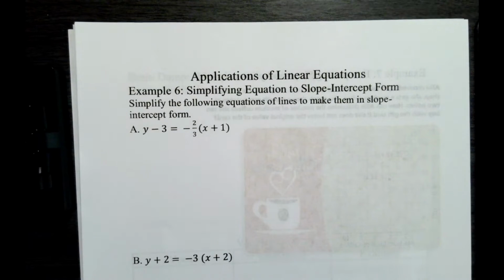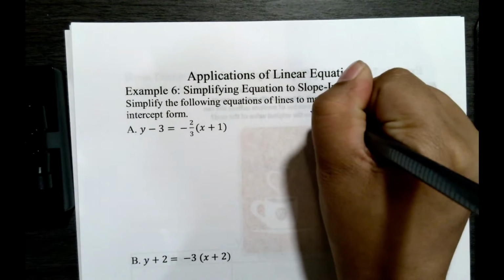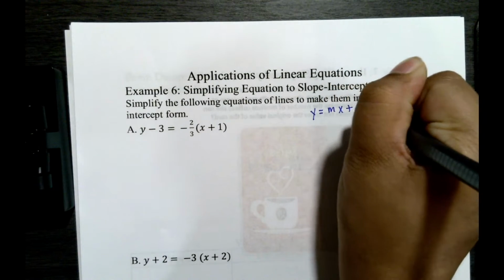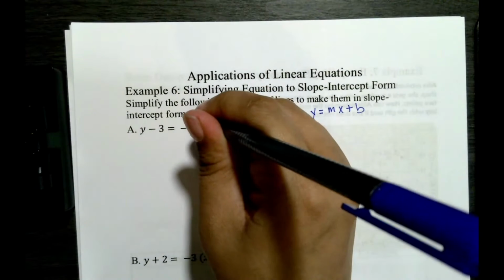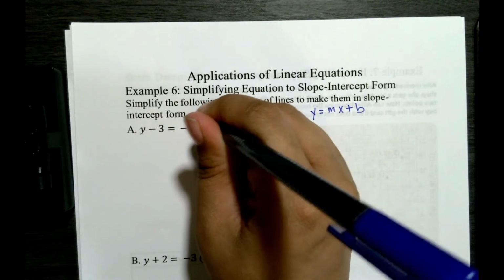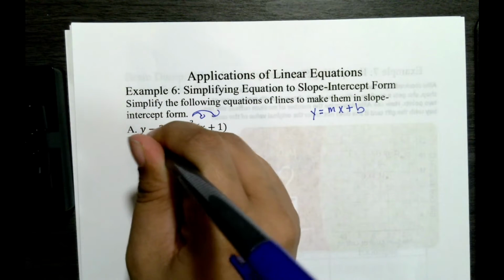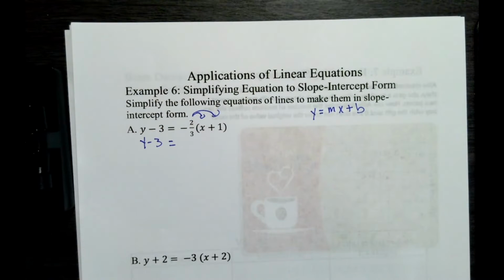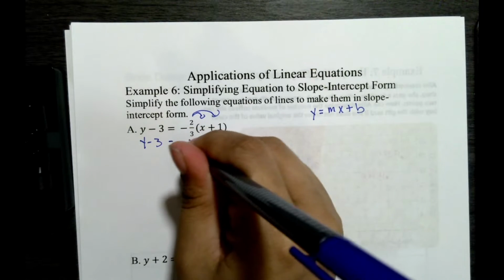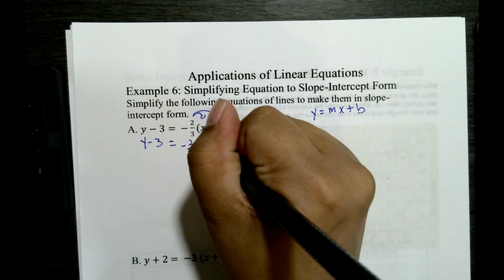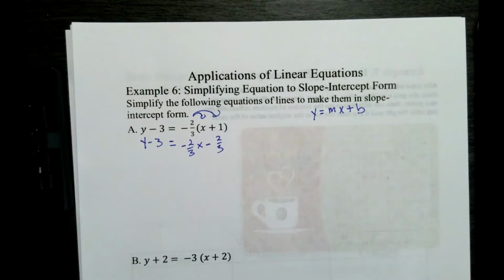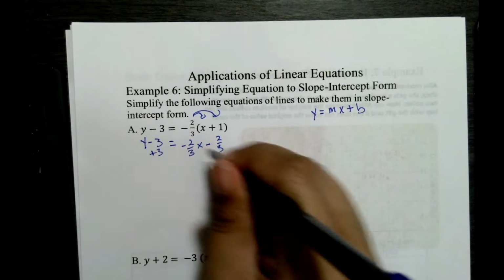So we have equations that are in what we call point-slope form, and we want to turn them into slope-intercept form. Well, remember that slope-intercept form is y equals mx plus b. So what we want to do is distribute, so keep your y minus 3 equals negative 2 over 3x minus 2 over 3. Alright, so we want to get y all by itself, so we're going to add 3,